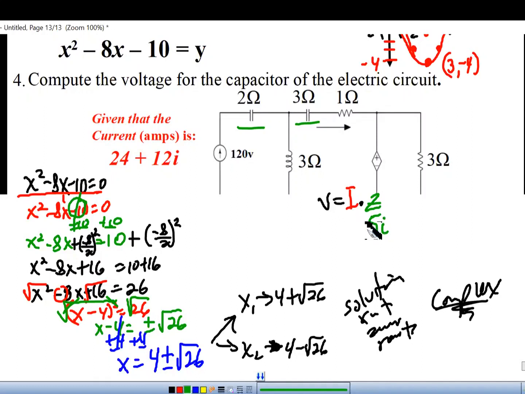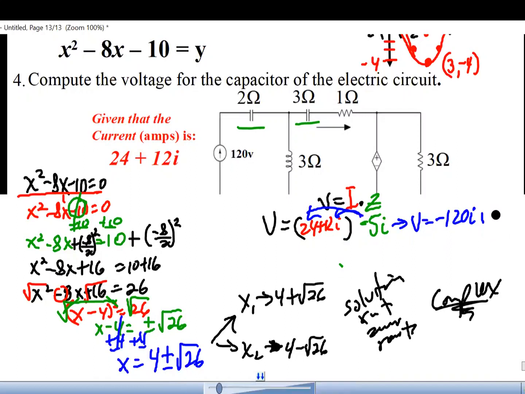However, if it's a capacitor, it's a negative imaginary. All right, we're going to multiply that times the current being 24 plus 12i, and all that equal to V for the voltage. Let's distribute. Negative 5i times that. First term, negative 5i times that. So we get voltage equals negative 5i times 24 is negative 120i. And negative 5i times 12i, that's not positive, it's negative